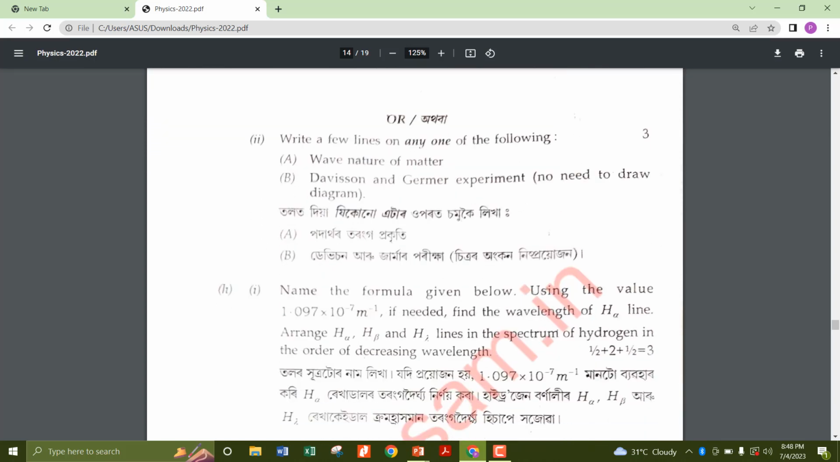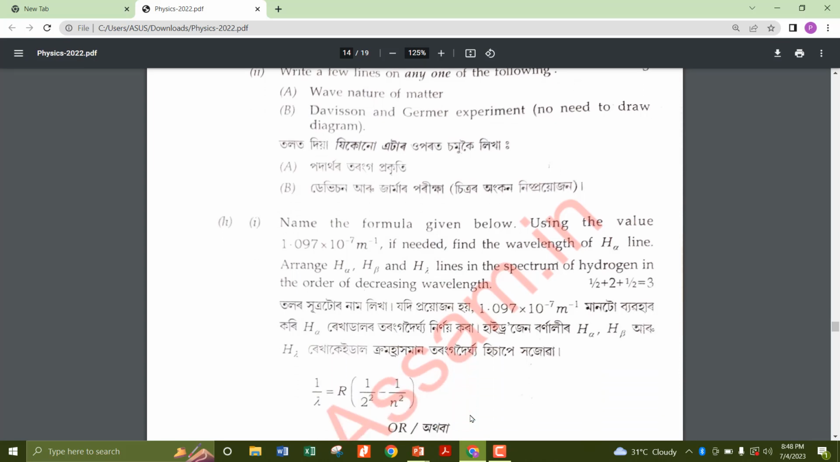Okay, oh, there is a numerical question. Name the formula given below. Oh, that is the Rydberg formula. Using the value of Rydberg constant R, if needed, we don't need it. Find the wavelength of H alpha line and arrange H alpha, H beta, H gamma lines in the spectrum of